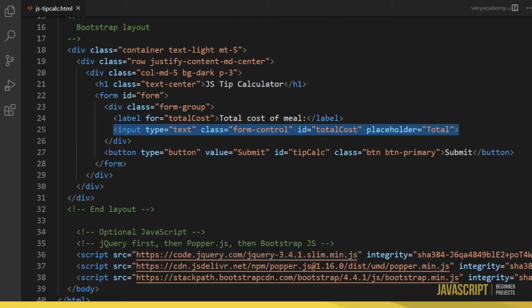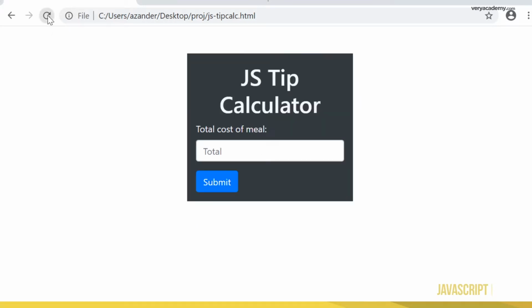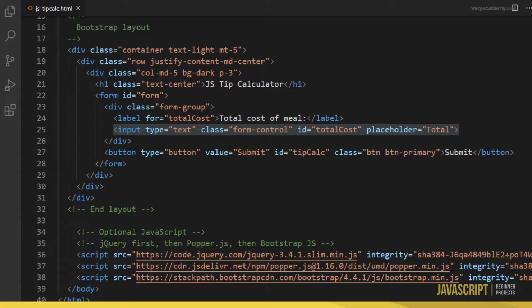So let's just save that and see what that looks like. There we go. So that's that done. And like I said, we bound it with for and an ID. So when I click on cost, you can see the cursor appears in there. Okay, so next thing is we just need to make two more